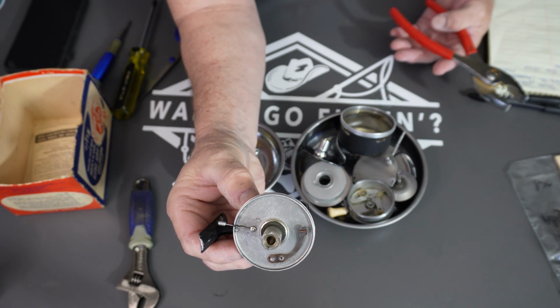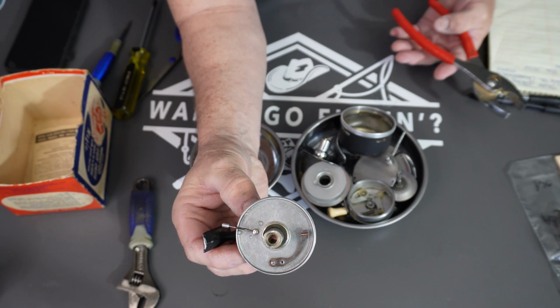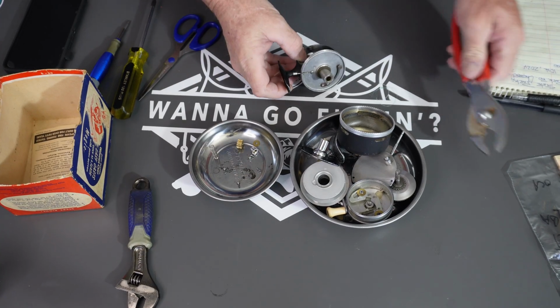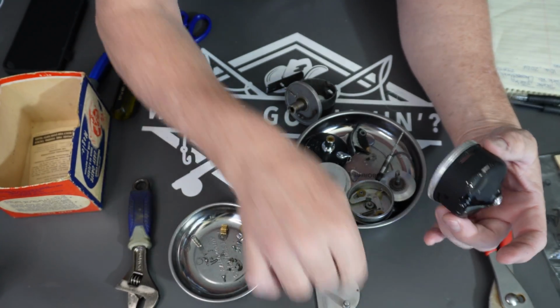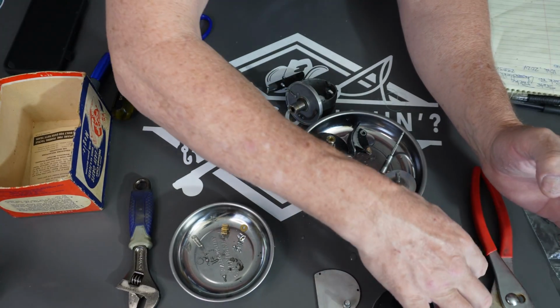I'm not sure if that's how it was supposed to bend, because somebody has definitely bent that thing up. And I hope that that's good enough. It's not broken, and not broken means it's close to good enough. Anyway, let's commence here. We are going to take some of these big parts out, sit them, and we're going